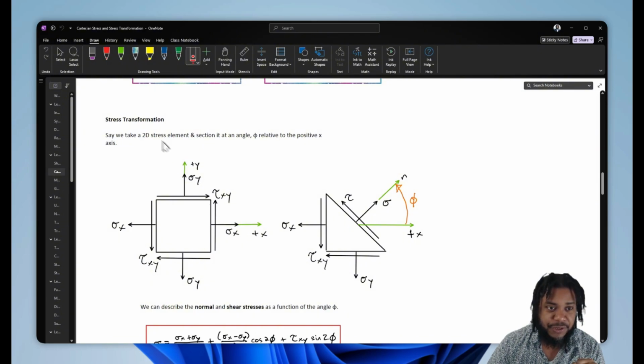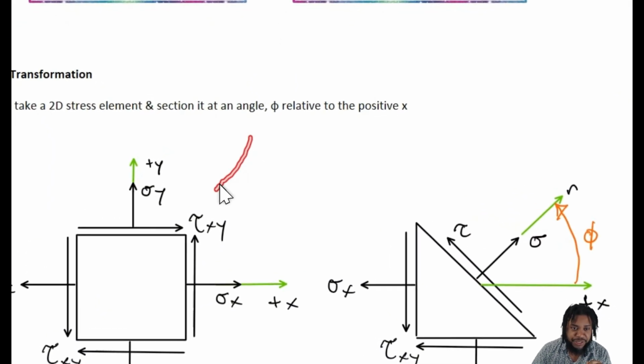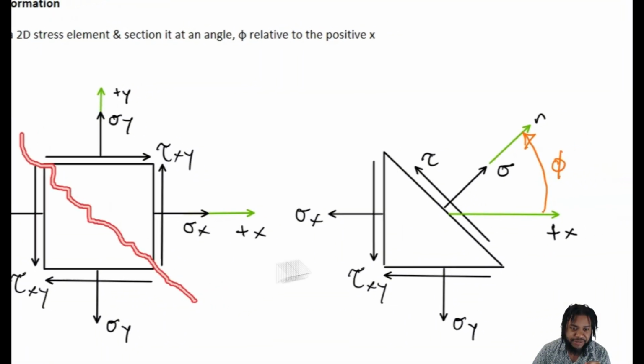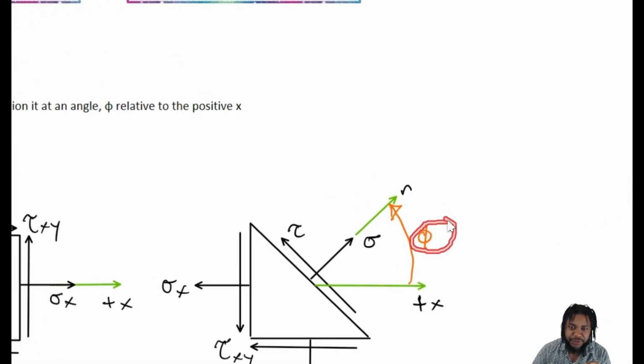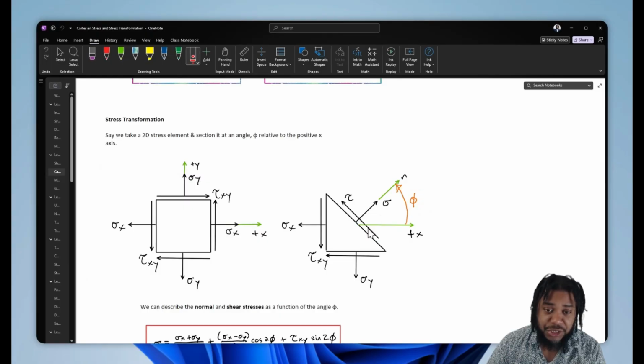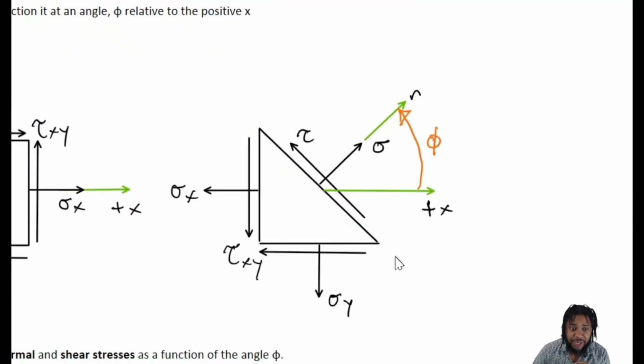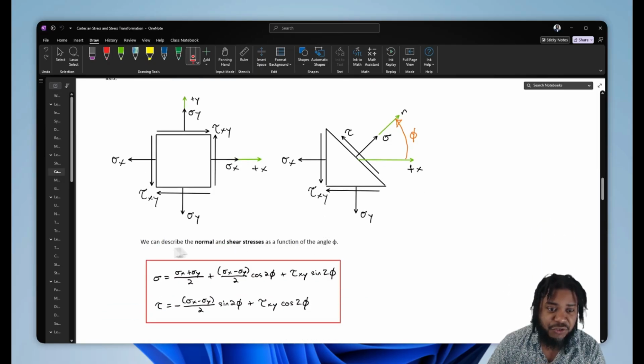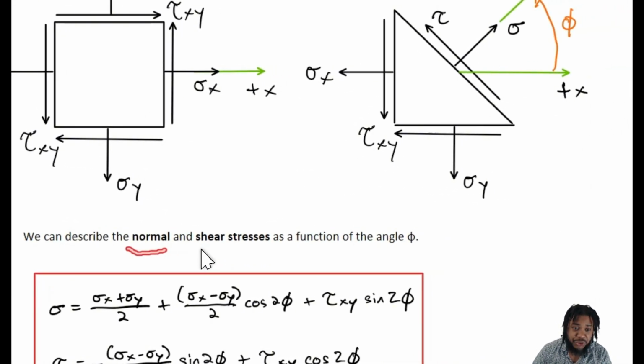Let's start with stress transformation, where we have this 2D stress element, and we decide to section it at some angle, exposing the internal normal and shear stresses along that section line. If we perform that operation and then do a little bit of math, we can describe the internal normal and